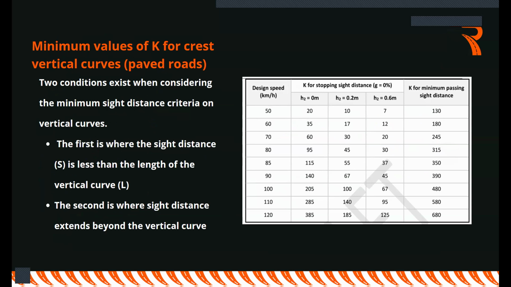And we have a value that is called parameter K. The parameter K is what allows or ensures that the site distances we have on any given curve are sufficient and drivers are able to see ahead. Should you not meet these, it's very difficult for the safety of the road. For example, you can see with a design speed of 80, which we are using, we need